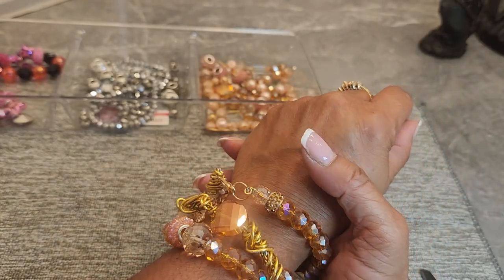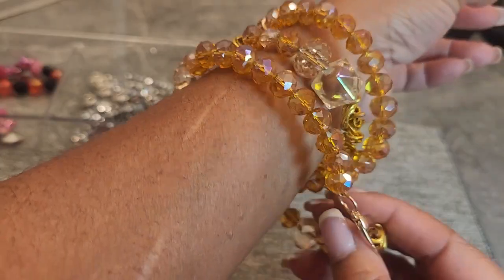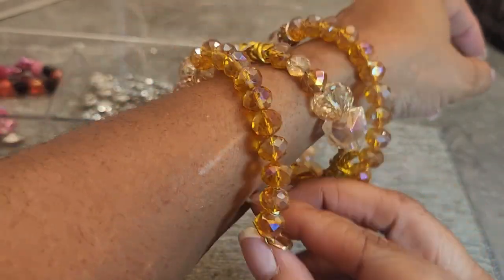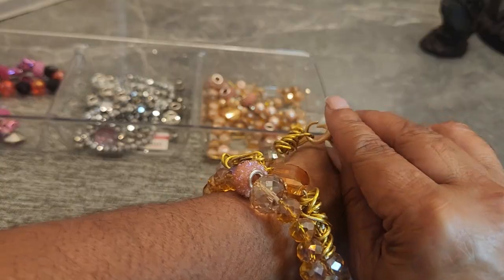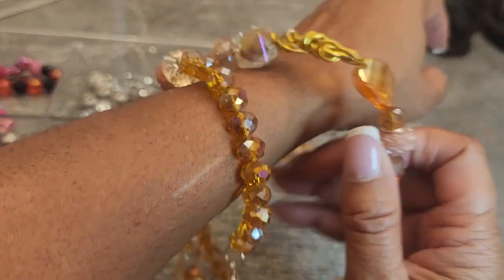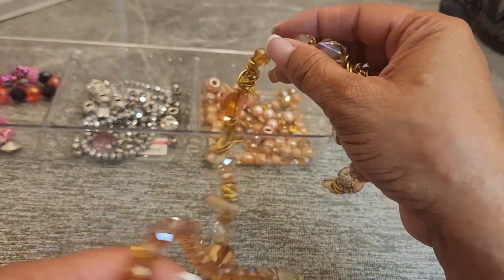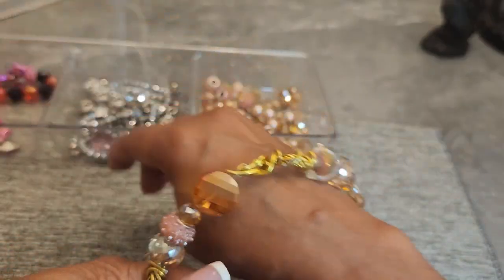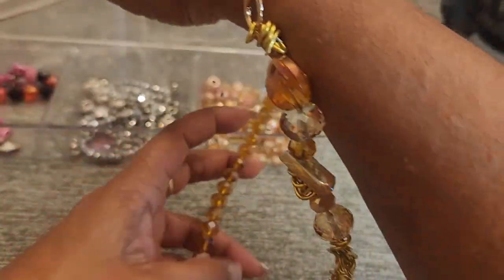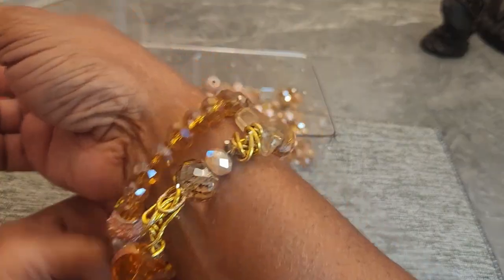Off camera, I did put the clamps on because I needed to make sure it fit, and I didn't want to make this video extra long trying to figure that out. But yeah, I can unhook this and you can just play around with it the way you want it. Let me switch hands. I keep forgetting I am left-handed and I'm trying to do things with my right hand. I'd rather have it connected already and not have to clamp it together, but